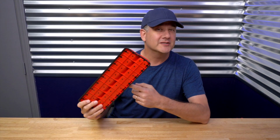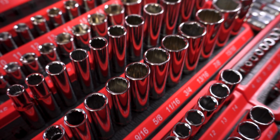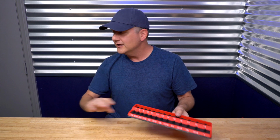Something so simple as a piece of plastic can also be, well, life-changing for a tool guy. Craftsman's got some new socket trays out on the market in 1/4 inch, 3/8, and 1/2 inch sizes, and they've got some unique design features that I haven't seen in any other socket trays that I've seen around in stores,